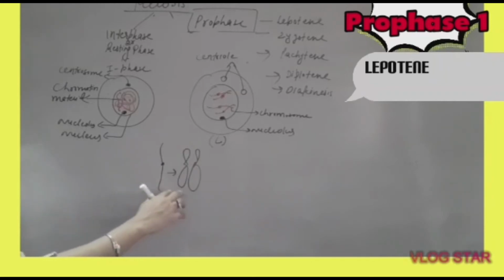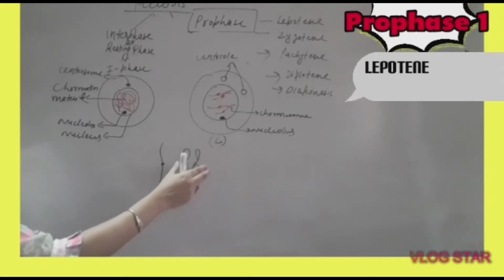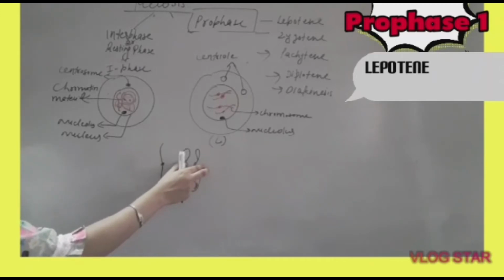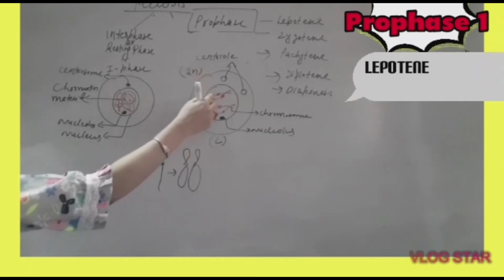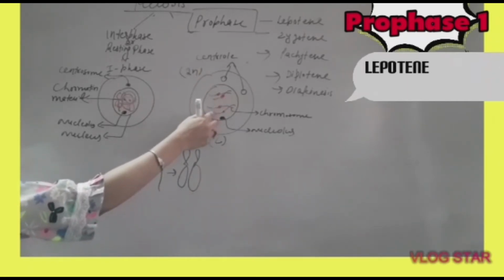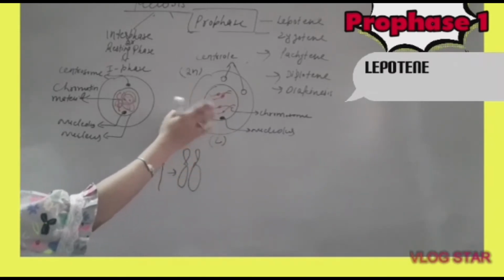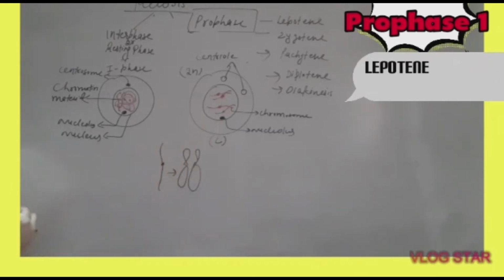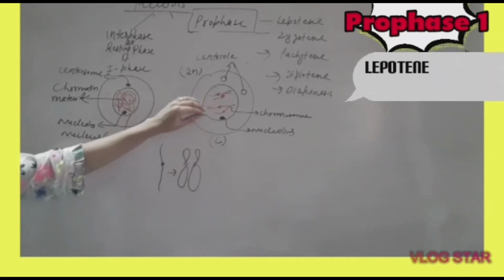When a chromosome exists in the form of two chromatids, when one chromosome forms a paired chromatid, then it is said to have undergone duplication. So the chromosome undergoes duplication in leptotene phase, but chromatids still remain invisible here. This is a diploid cell, 2n cell, so it would have 4 chromosomes, meaning a total of 8 chromatids, but chromatids still remain not visible. The chromosomes double their number, but chromatids are formed and are not visible.